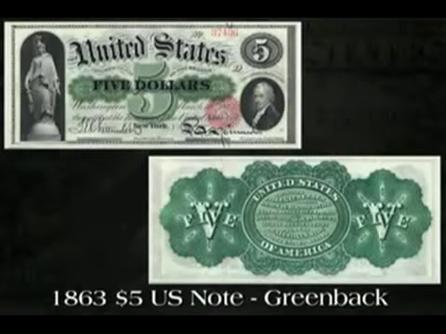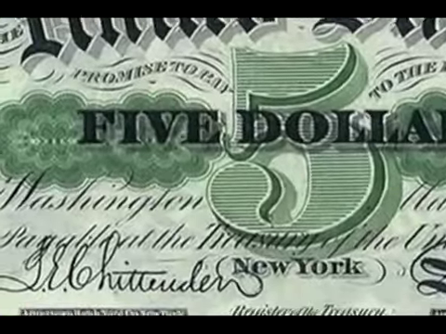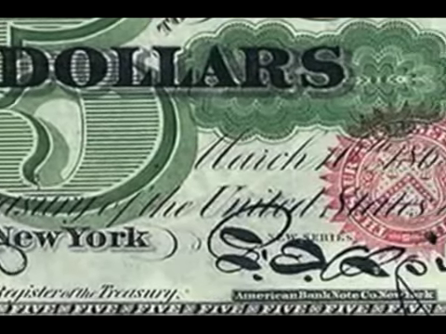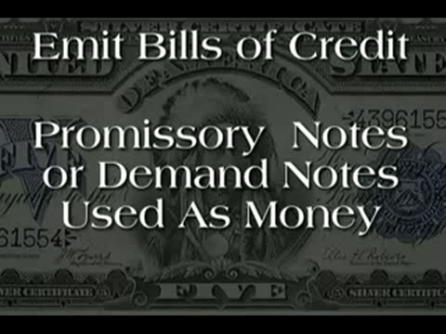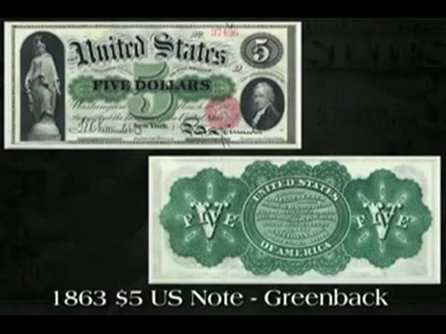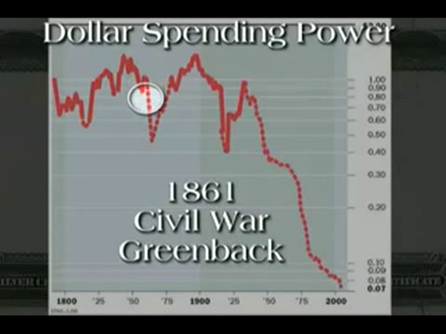Notice the front of this $5, it says, "Promise to pay the bearer $5," and below that, in swirly writing under a swirly signature, it says, "Payable at the Treasury of the United States." So this is not money, but a promise for money, a loan. This would be redeemable for 5 $1 silver coins at the U.S. Treasury, and it would require you to travel to Washington, D.C. to get it. The value of the dollar plummeted.